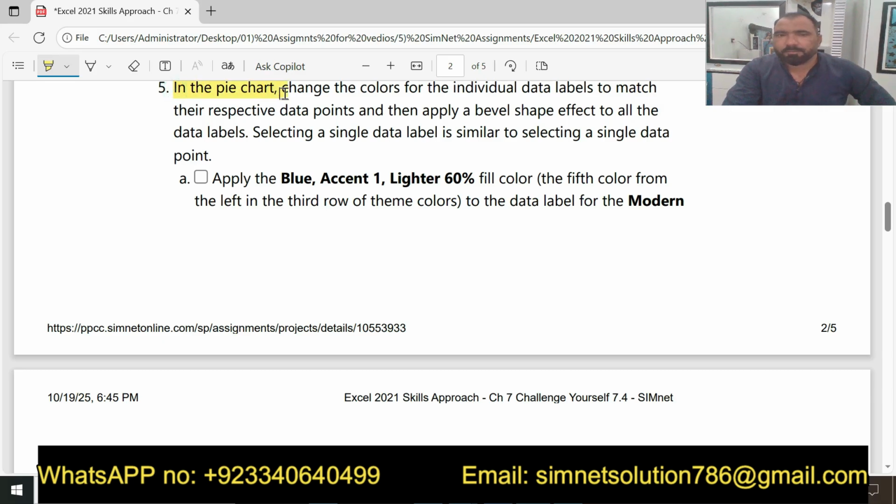In the pie chart, change the color of individual data labels to match their respective data points, and then apply bevel shape effect to all labels. Selecting a single data label is similar to selecting a single data point. So in the first part we have to apply blue E1 lighter 60% fill color to our data label